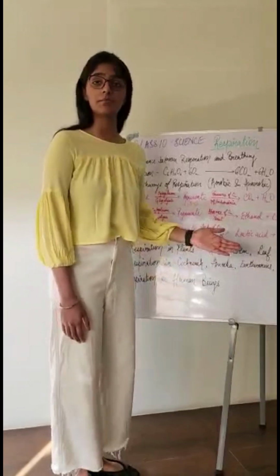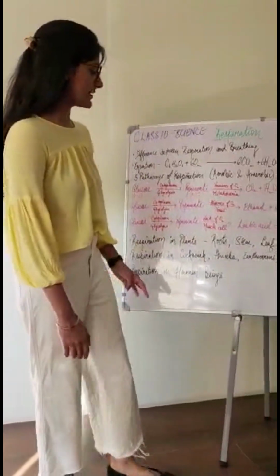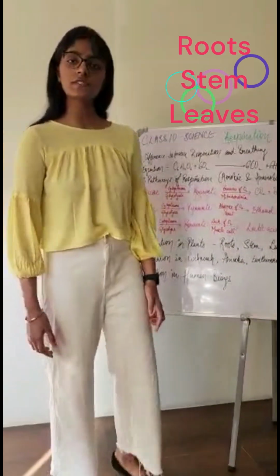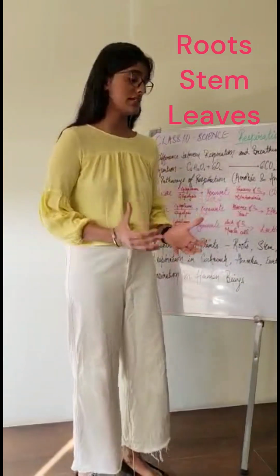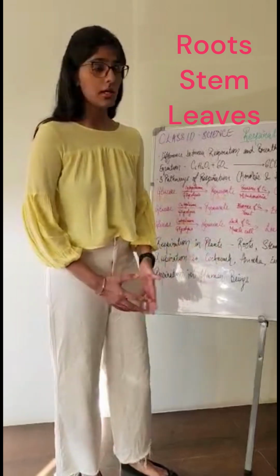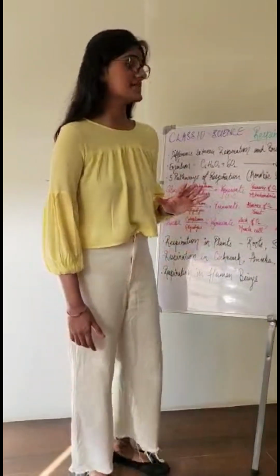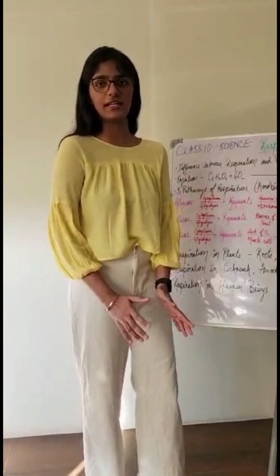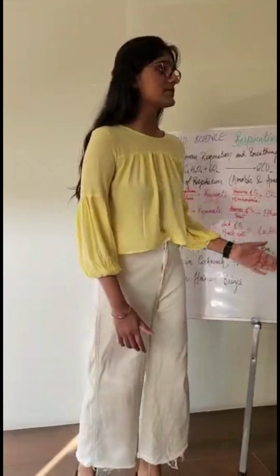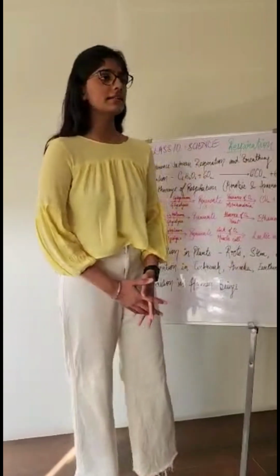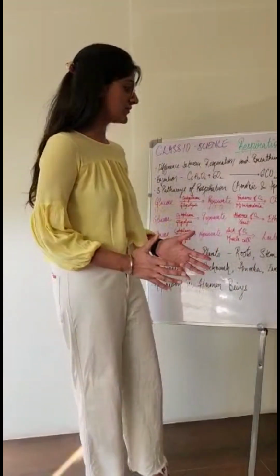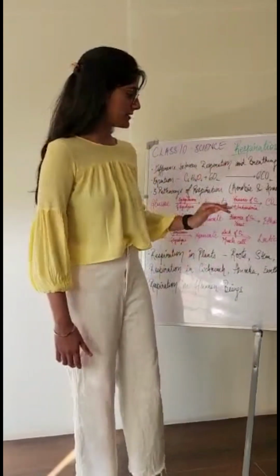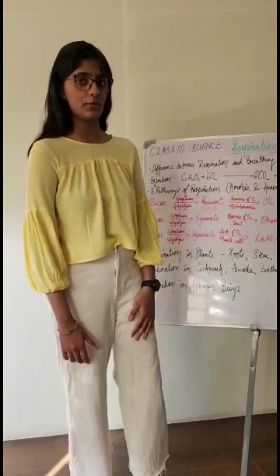Respiration in plants. Respiration in plants के लिए we require three organs, well, roots, stem and leaf. Roots में the plants intake oxygen with the help of diffusion. But we have to take care that excessive amount of water ना हो जाए roots में, नहीं तो plant survive नहीं कर पाएगा क्योंकि वो oxygen नहीं ले पाएगा. Stem और leaves में we have stomata. Stomata the tiny pores which help in exchange of gases. तो green stem हो चाहे वो green leaves हो, उनमें stomata present होगा जिससे respiration take place करेगी.